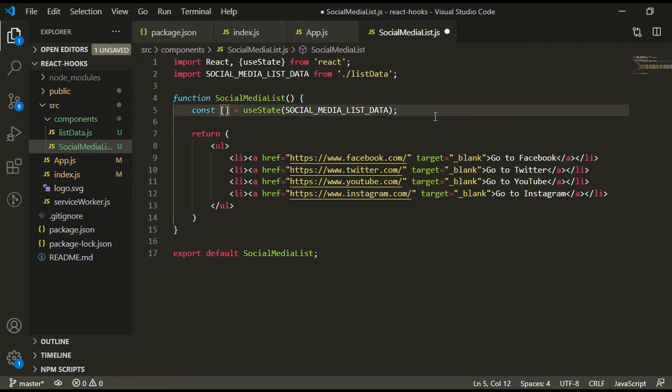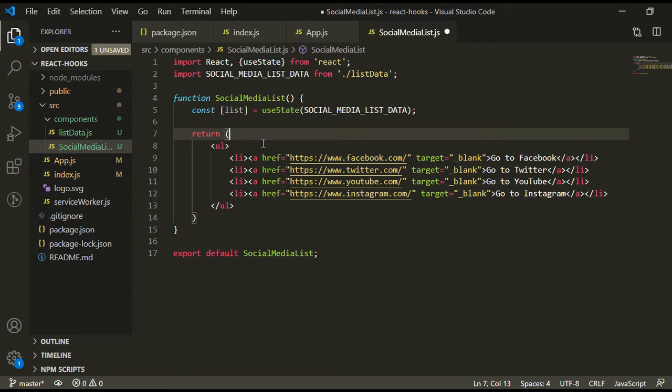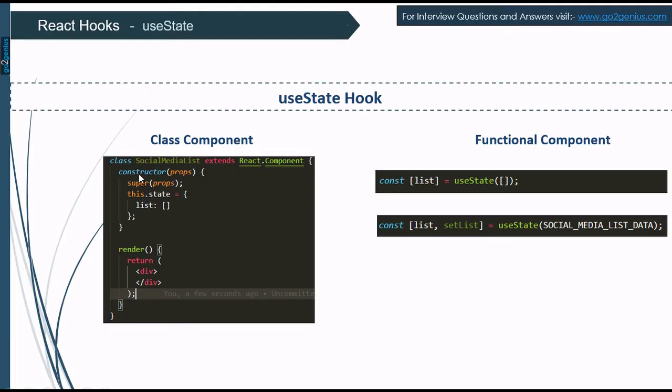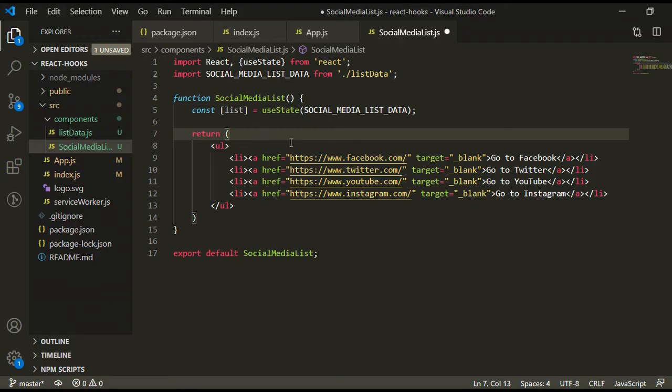And here I am going to take the state name first, like list. So friends, here the question comes, how does this function work? Suppose you have to write this component as a class component. Then how would you write it? Something like this. You define the state and define the state property. It's a list, then some empty array. Same as here we have defined the property name.